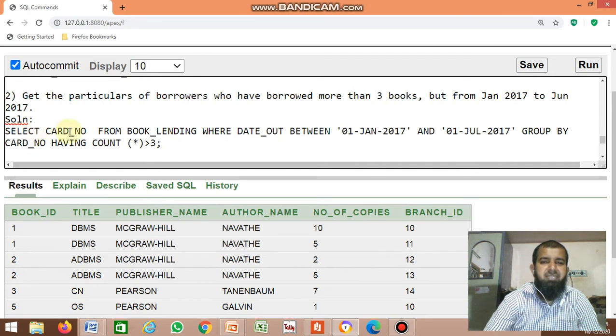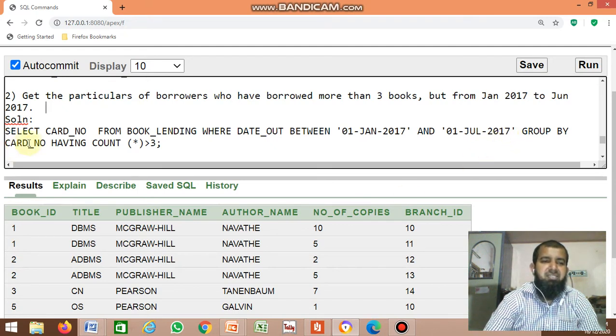Select card number from book lending where date out between 1st January 17 to 1st July 17. That means till June 30. So between these two dates you have to display the card number, who have borrowed the textbook.